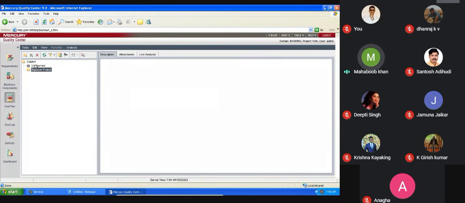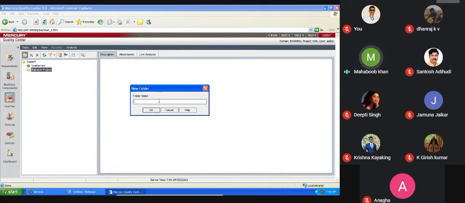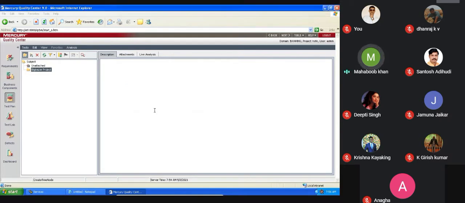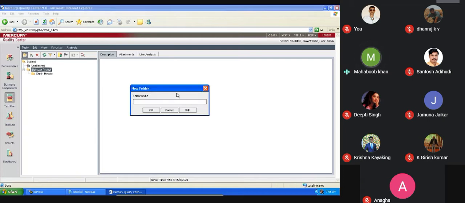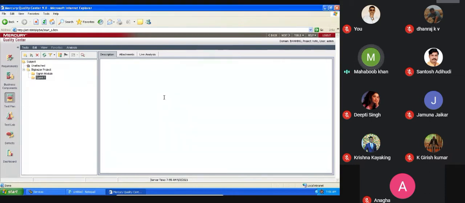Once the project is done, they will be giving the individual modules. My module is the sign in module, so I will write the sign in module. The lead will create all the modules. If it is a sprint, he will mention the sprint also: Sprint 1, and he will add the sprint ID, which ID they need to create here.